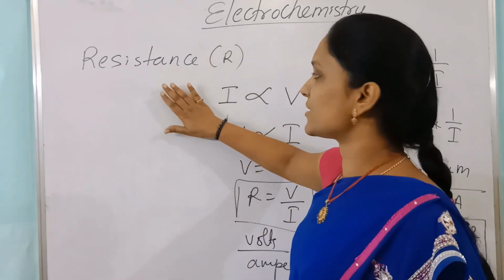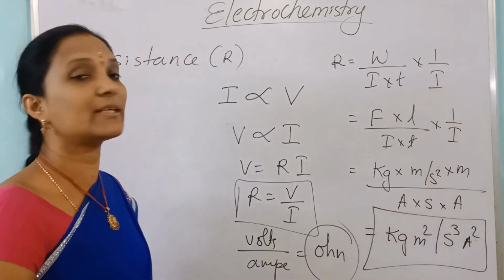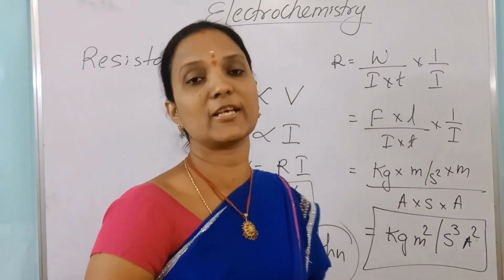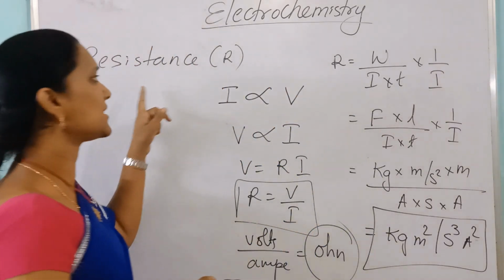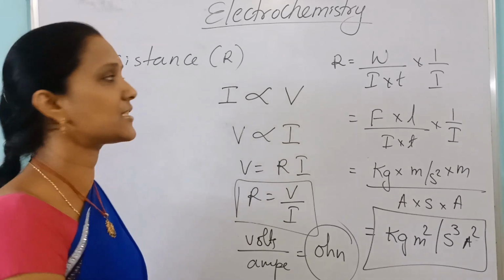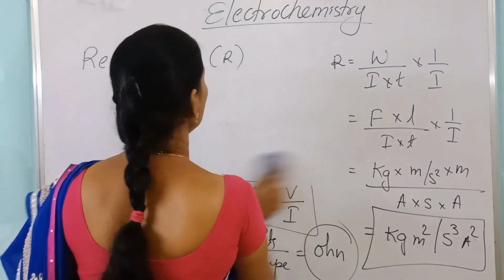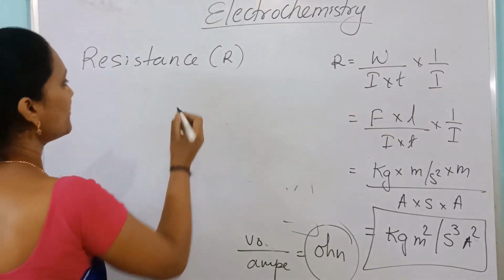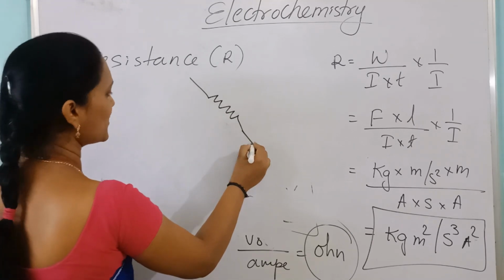That is resistance. How to find this resistance? If we know this resistance, from this we can find the resistivity, conductivity, molar conductivity, equivalent conductance, everything we can find from this resistance. So how to get this resistance? We are using the Wheatstone bridge. Anyhow, you learn in physics, the Wheatstone bridge. So here what we are doing, this is known, we are only constructing.